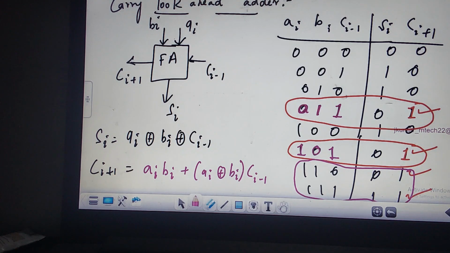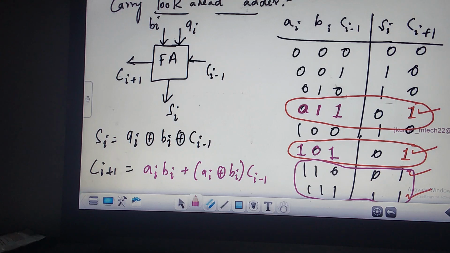If you remember, this is the logic here. Carry is equal to 1 when A bar B plus AB bar into C, and then the carry expression output is 1 for A and B, irrespective of the C. Correct? These are my sum and carry expressions. What is the sum expression? A XOR B XOR C. Right.